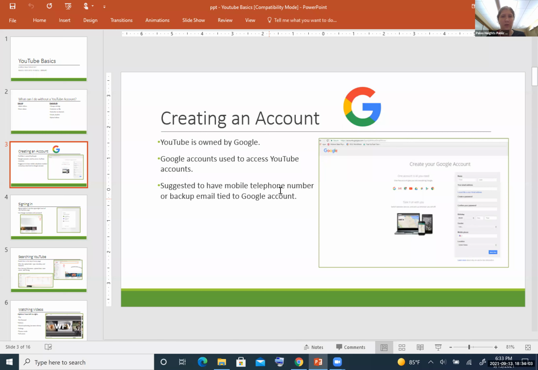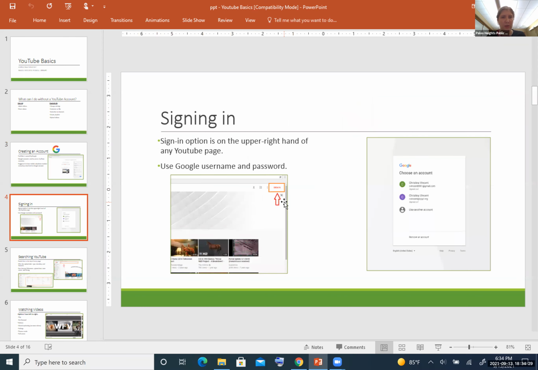Then when you go to YouTube, you'll be automatically signed in, and then you can customize your channel. You can have your cell phone number and backup email tied to that YouTube account, just in case you ever forget your password or something like that. And then you would just sign in.